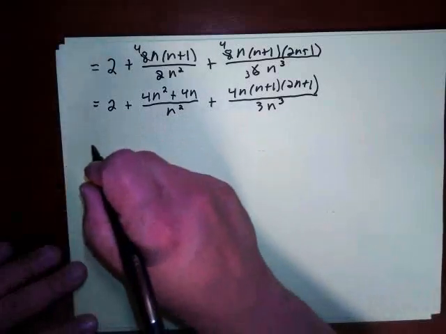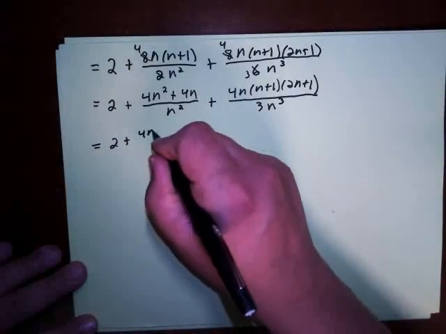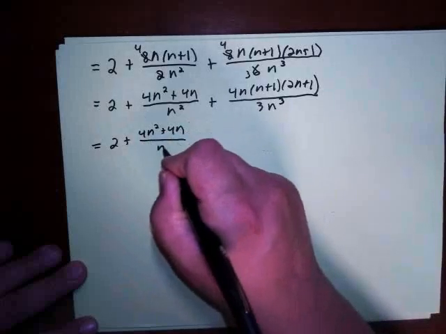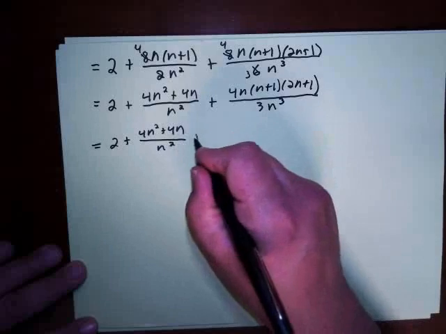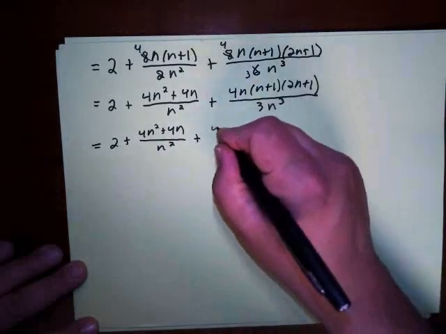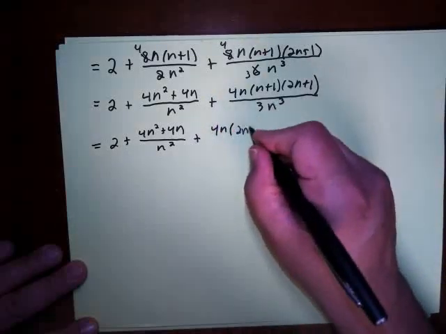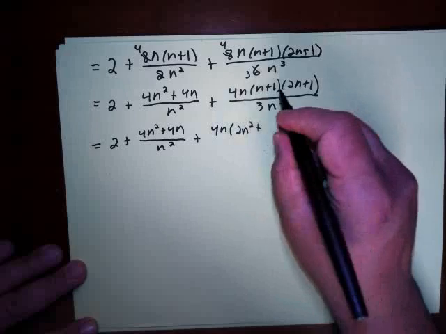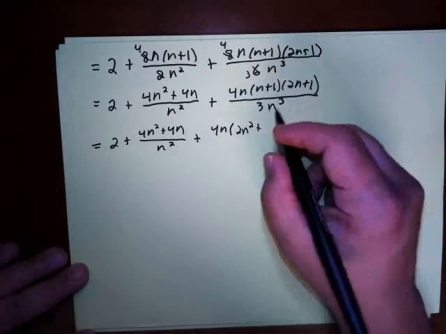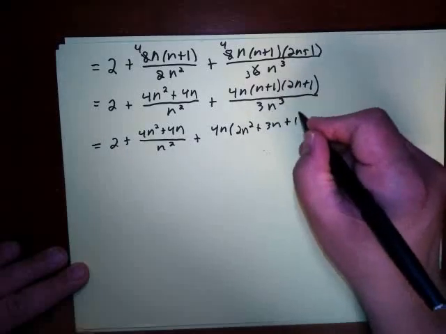So now what I'm going to do, I'll rewrite this. And now I'm going to FOIL that there. And so this would be 2n squared plus 3n plus 1